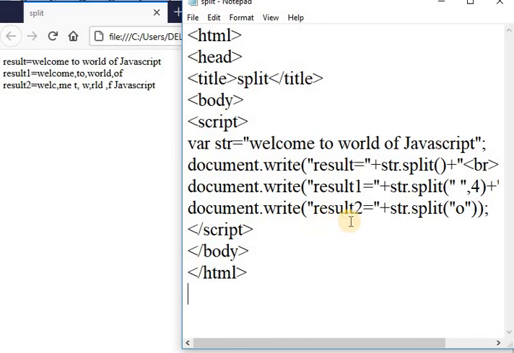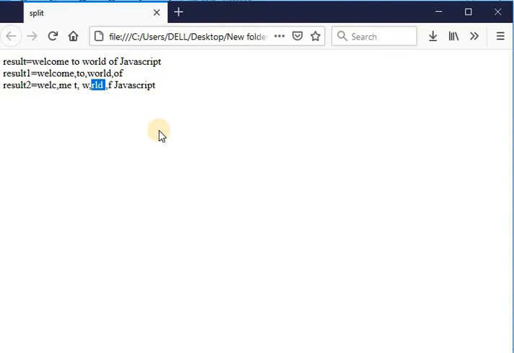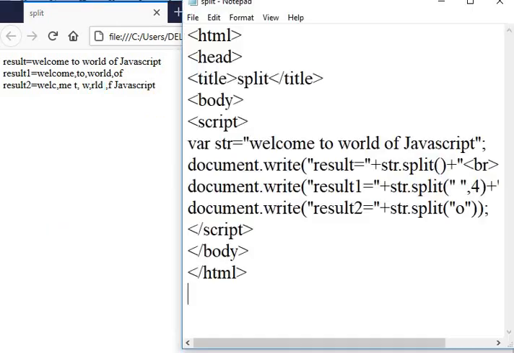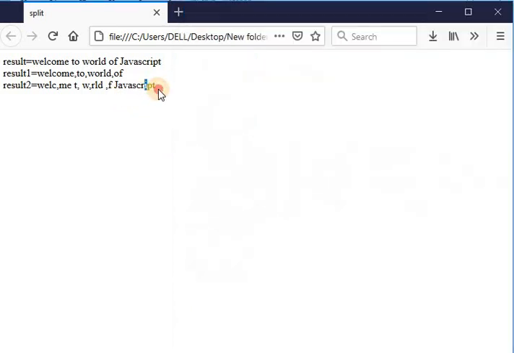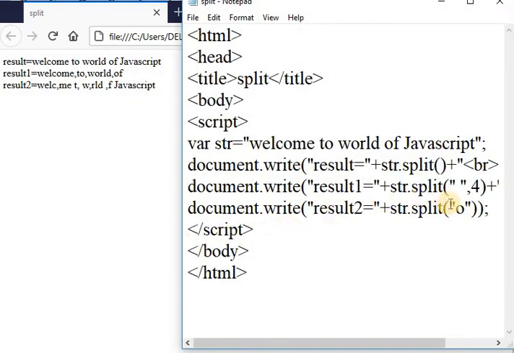After that, in result 2, I am passing the separator as O, so that it returns the string split at the letter O. This is the split method.